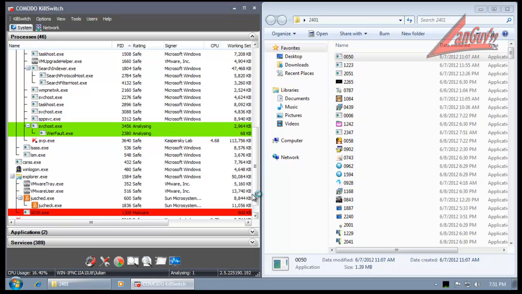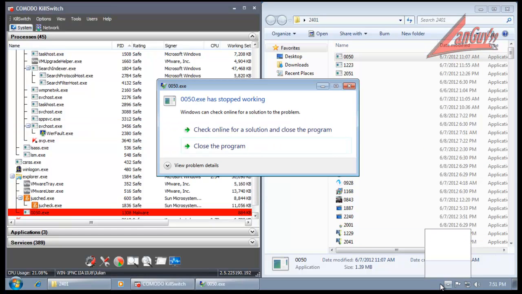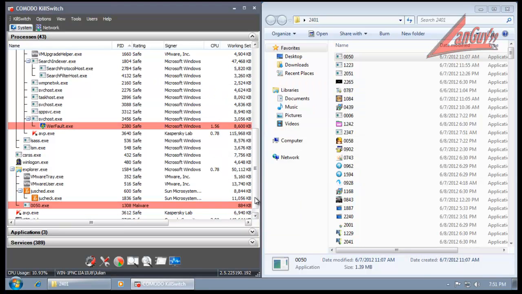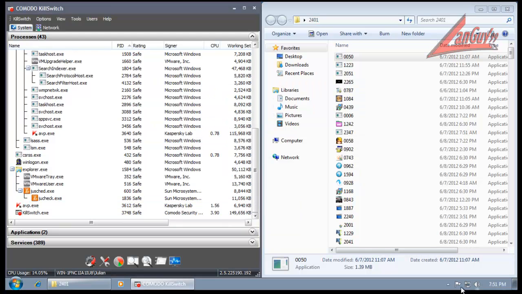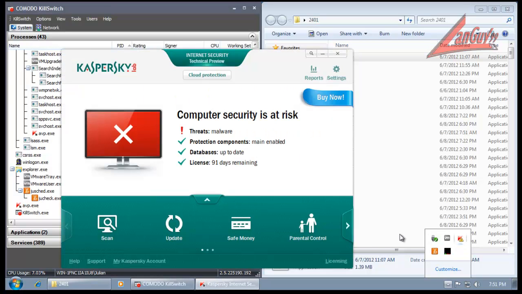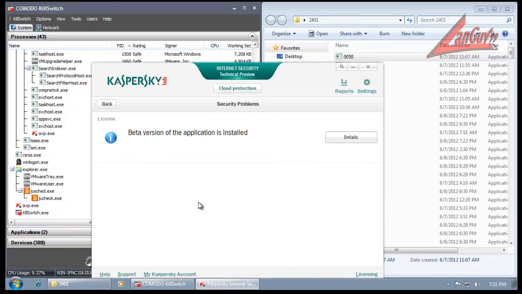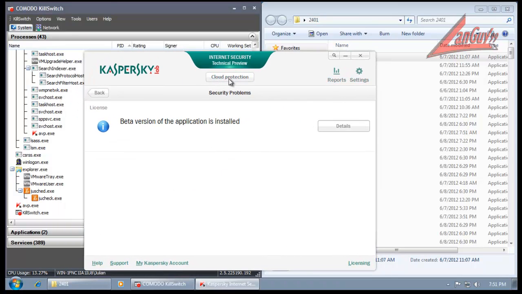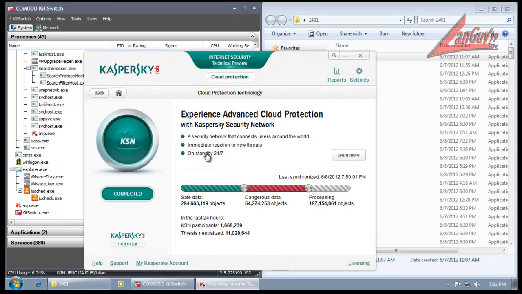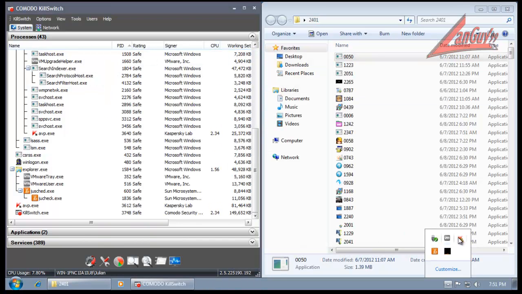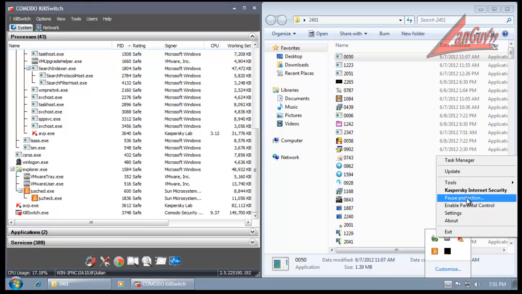Alright, so this one, no reaction. It did something, and then it closed itself. Now I can't make this disappear for some odd reason. As you guys can see, there's no malware left over, but the system is active. The cloud protection is turned on, so I don't know why I can't make that disappear. But you can see it doesn't say enable protection. So